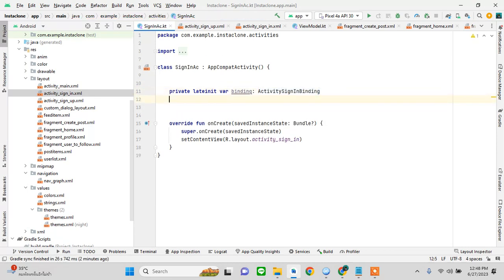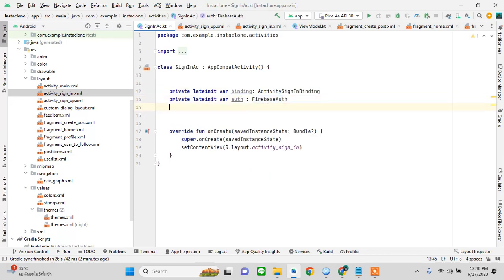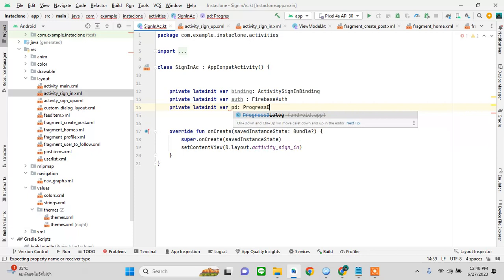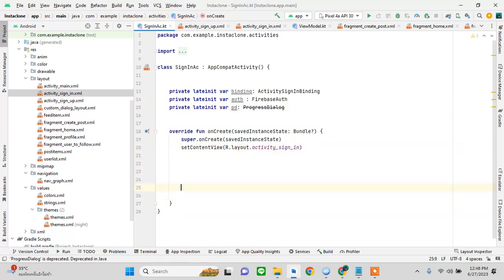Good. Private late init authentication of Firebase auth, and private late init progress dialog. Perfect. Let's just get the binding, data binding,